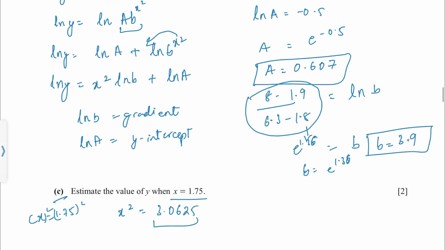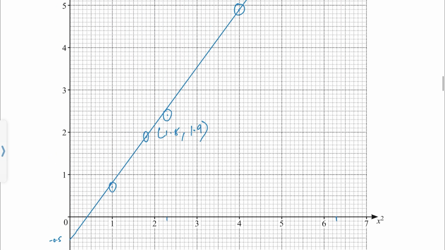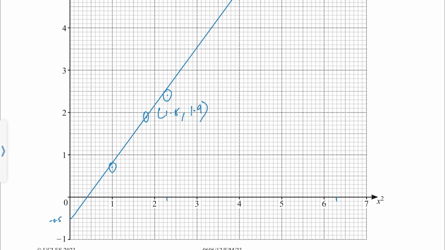So we'll be using 3.1 for x squared. This is our 3.1, and our y value is 3.65